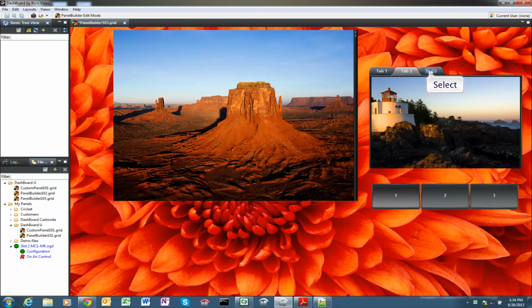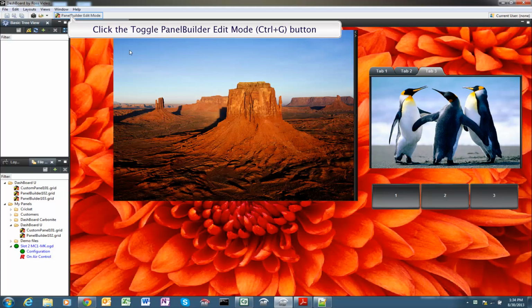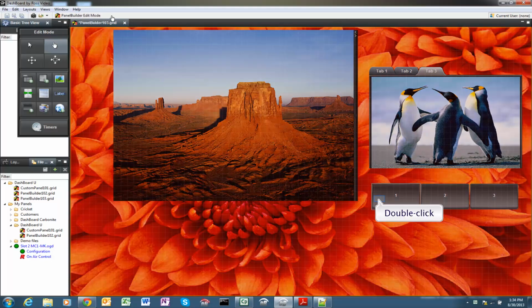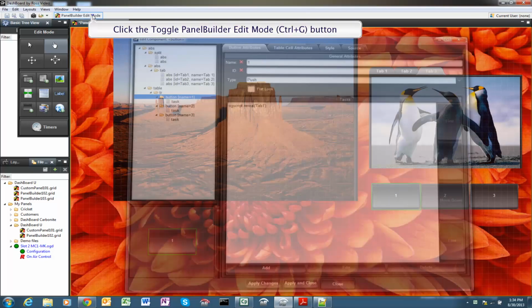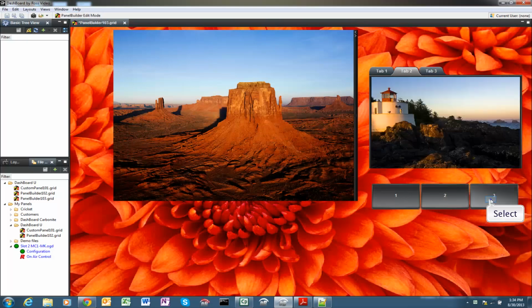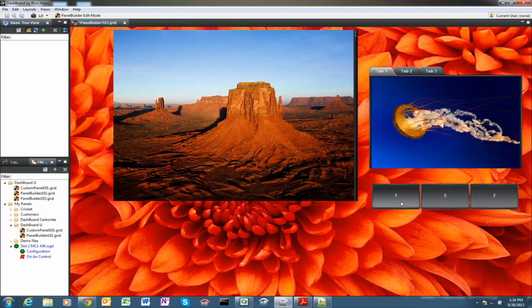We've introduced scripting in a very rudimentary way by adding a task for each of these buttons to use the ogscript reveal command that shows those tabs. All really good ways of both organizing your user interface and applying decent artwork to make it more attractive and professional looking.